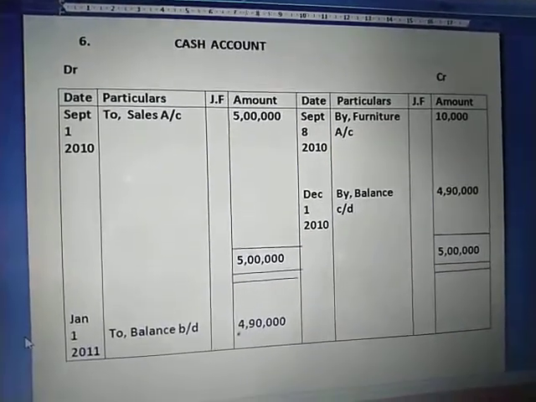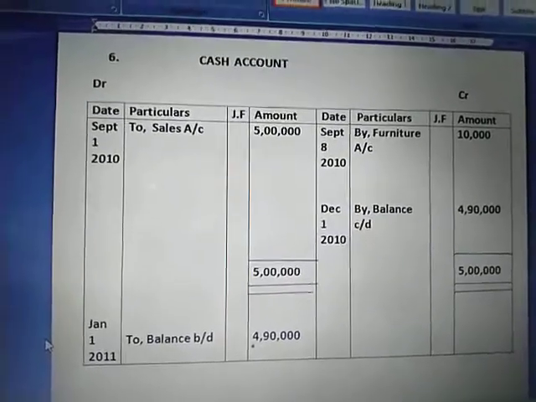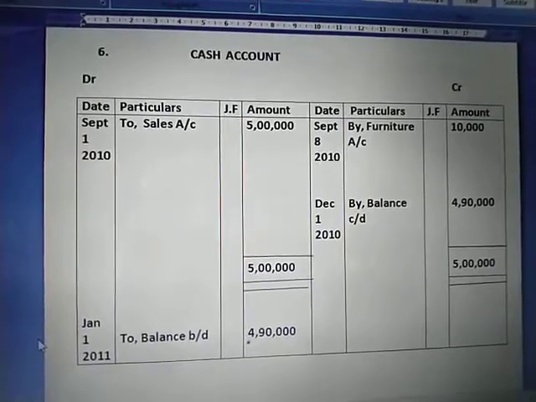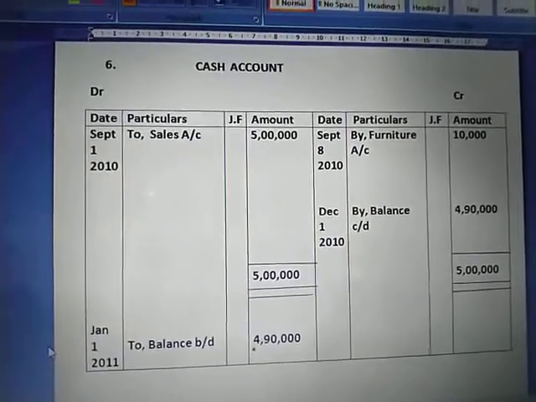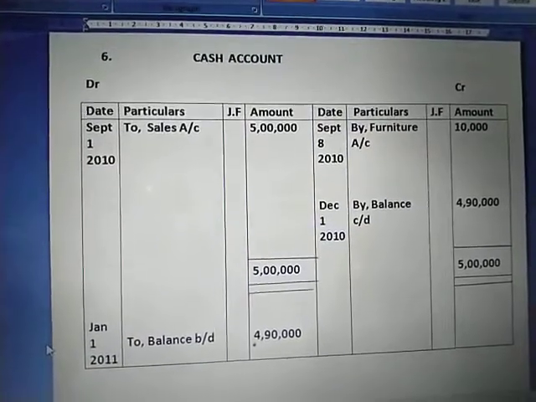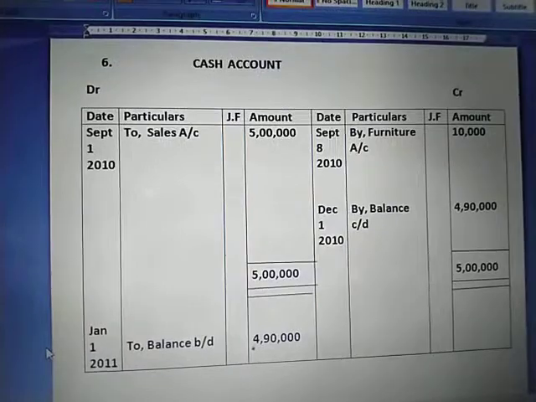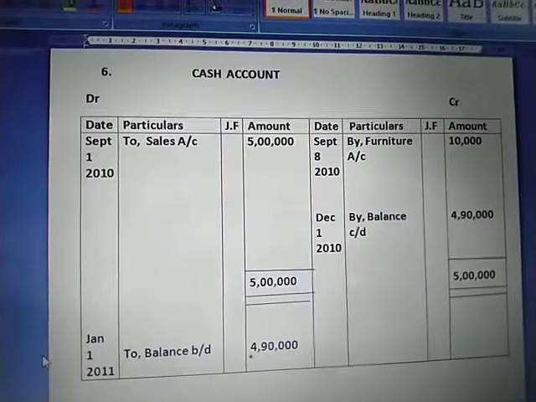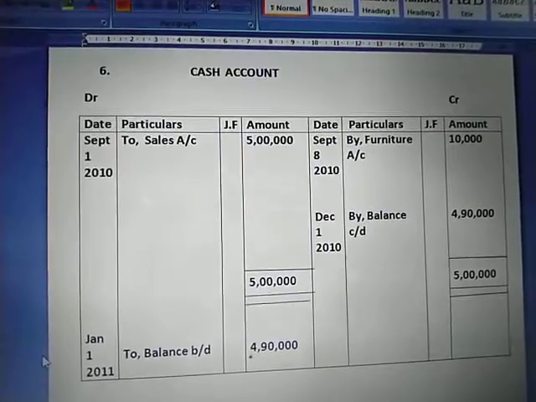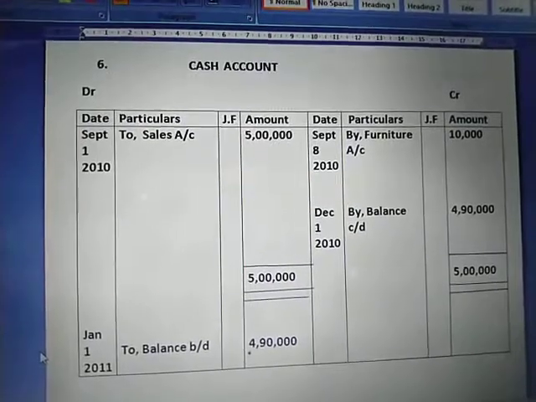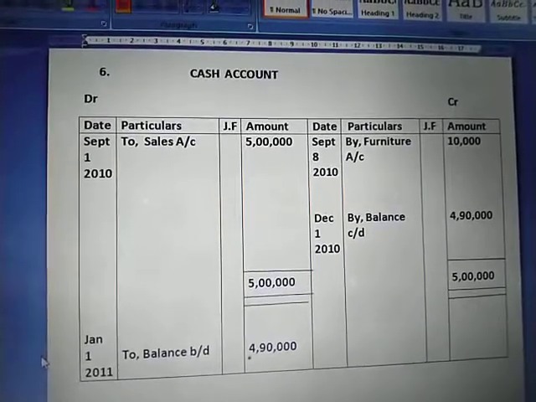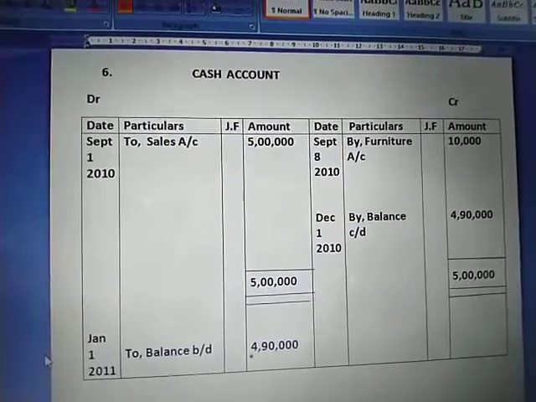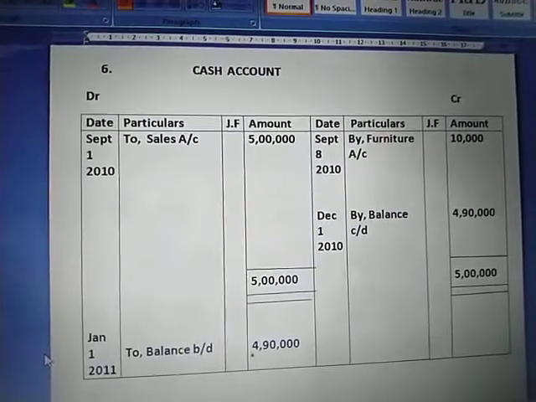Now we have recorded all the transactions and posted them to the ledger. So now here comes the step for balancing them. For balancing the accounts related to goods, that is purchase, sales, purchase return, sales return, stock, all this balancing will be done by simply transferring the balancing figure to the trading account. Okay, and the nominal accounts, that is income and expense accounts, are balanced by transferring the balancing figure into the P&L account. The rest of the accounts, that is personal accounts, we will balance by balance c/d and balance b/d.